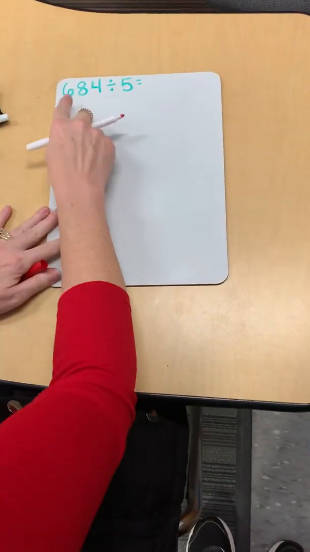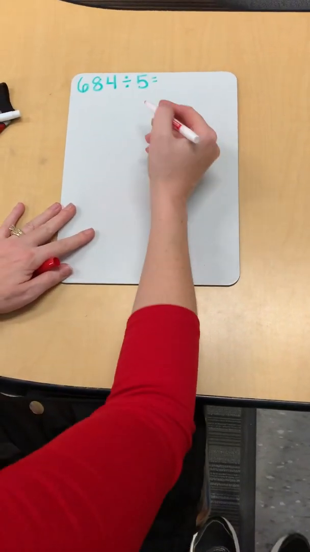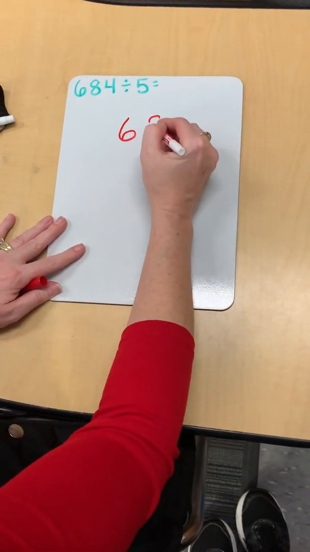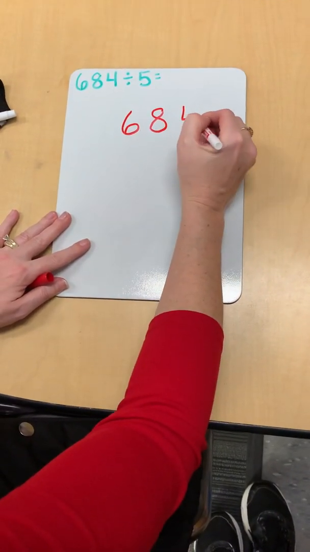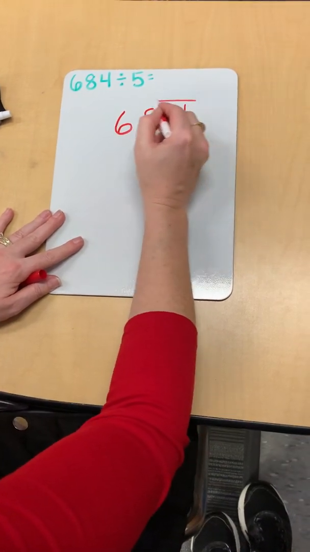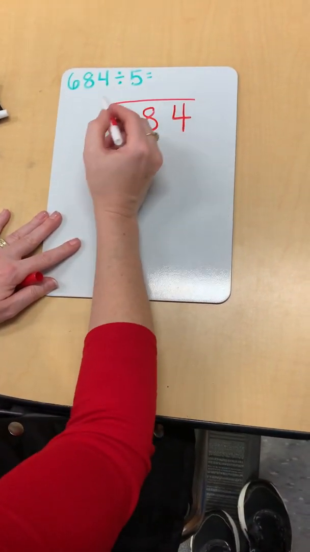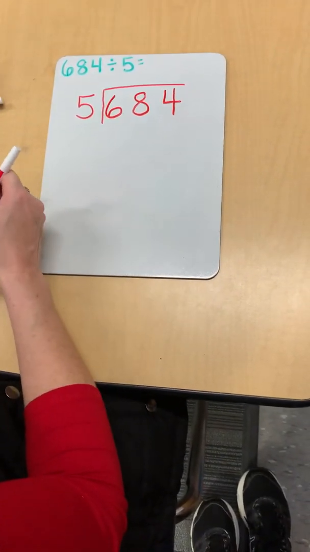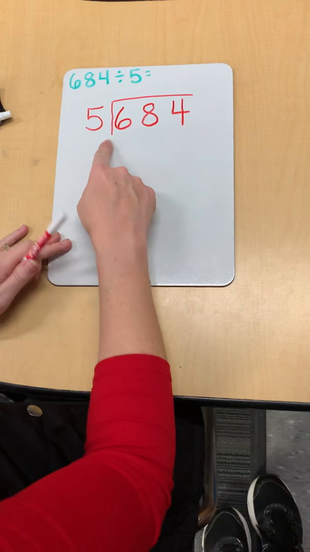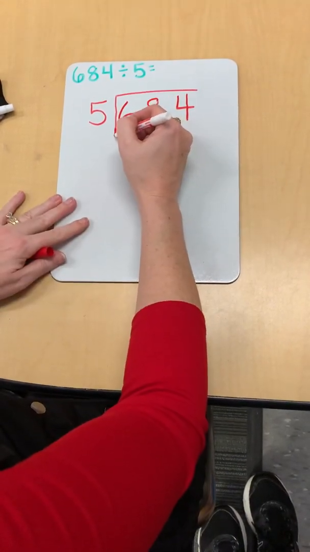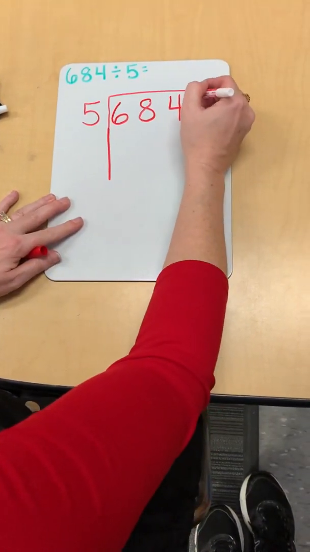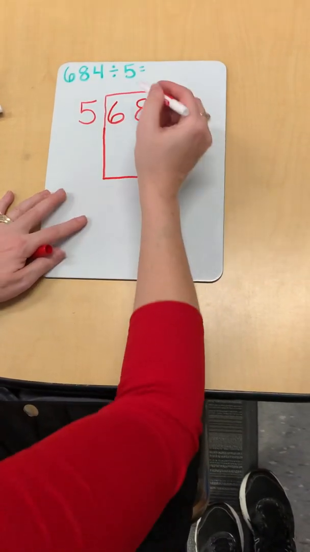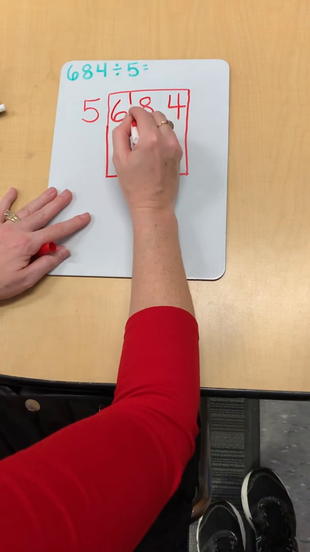So we're going to take this problem that's written in this format and we're going to change it, and we're going to write it using a division bar. So I'm going to put 684 inside of my division bar, and my divisor is 5. And then what I'm going to do is change this division bar into a box. So I'm going to just make it a little longer, and we're going to take and split our dividend into